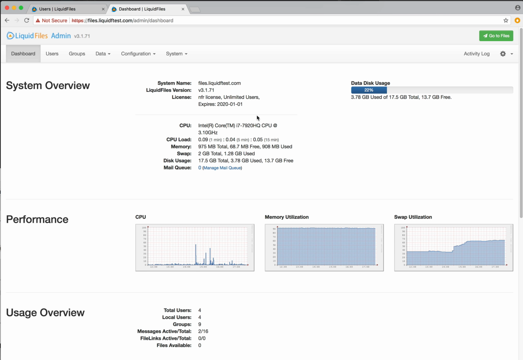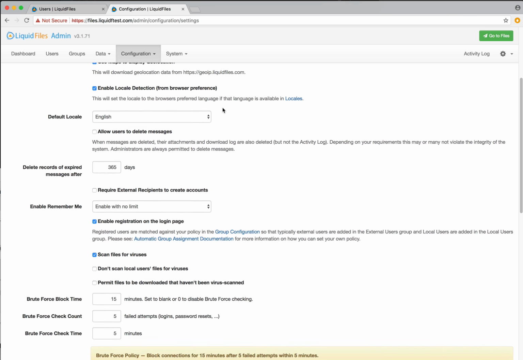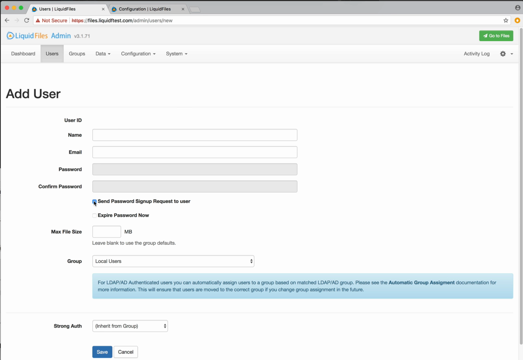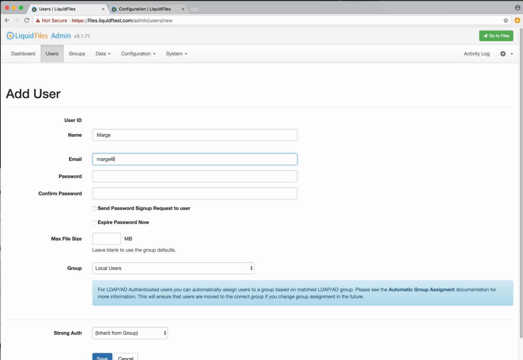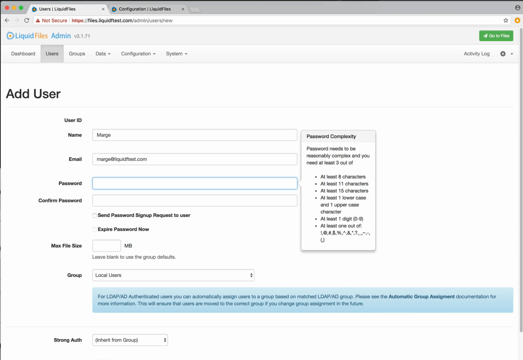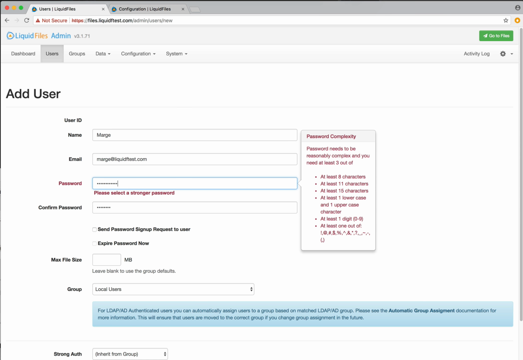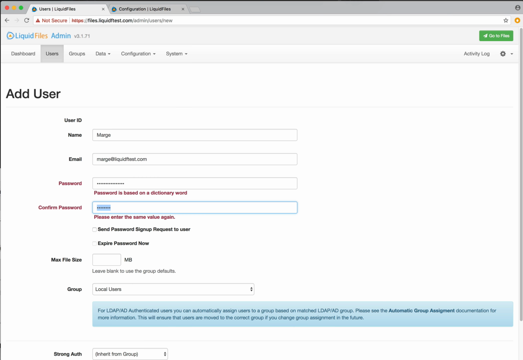Another security-related feature that has been added is the password dictionary check, which is enabled by default because it just makes things more secure without really causing too much hassle unless you want to use bad passwords. So if we go and try to add a new user, we add Marge at company.com, and if we type password as the password, that previously, with just the regular expression or the current test, wouldn't be permitted. But if we type password again, so now we have password as a password,